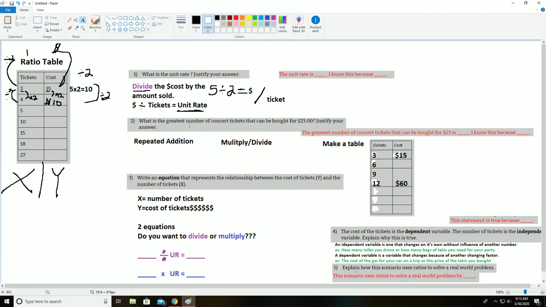Number 2 says, what is the greatest number of concert tickets that can be bought for $23? Justify your answer. There are several ways you can do this. You can go back to your table and just say, okay, well, I made the table, so I have the information there, and you can get the information from that. You can do repeated addition. So once you find the unit rate,